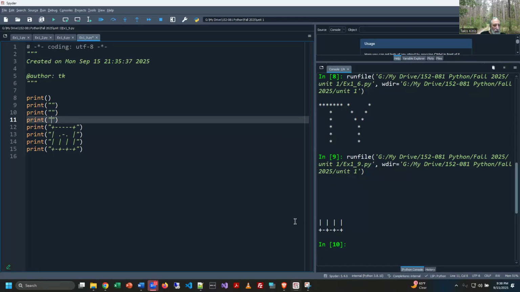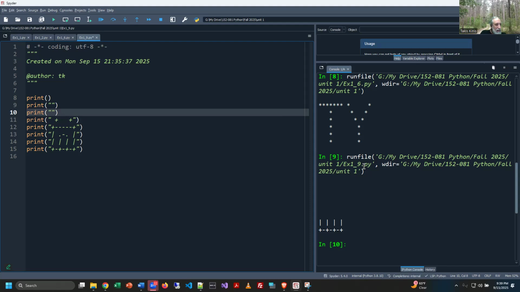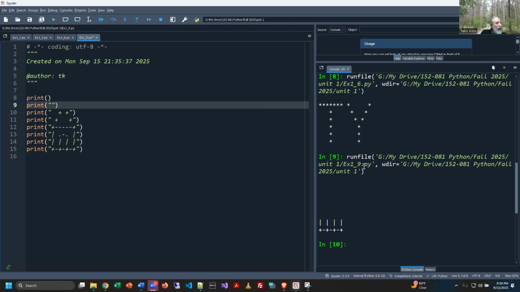Then I go up to this one, and then I start getting the angle of the roof. So I'm going to go space plus space space space plus. I think that's right. We'll find out in a couple of lines. If it's not, we'll fix it. Then we'll go space space plus plus space plus, and then up to the top line,